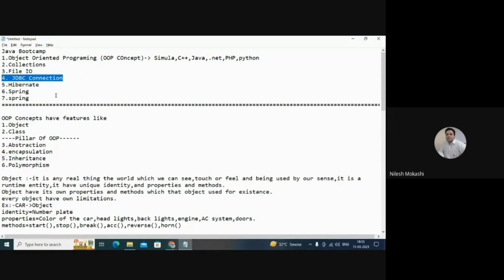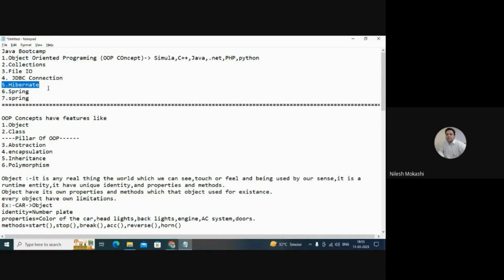A more interesting topic will be Hibernate, because over here you do not need to keep the tables. Tables will be created by default by the classes. So in Hibernate, everything related to the database is handled by classes. Generally what happens is we create the database, we create the table.